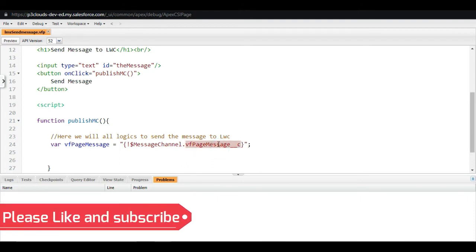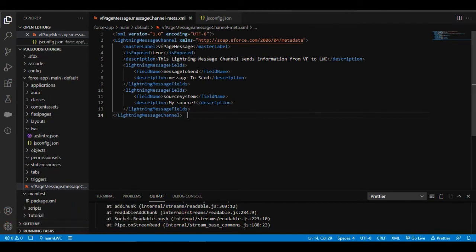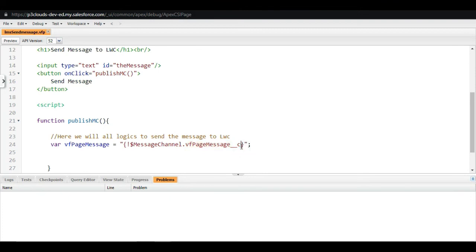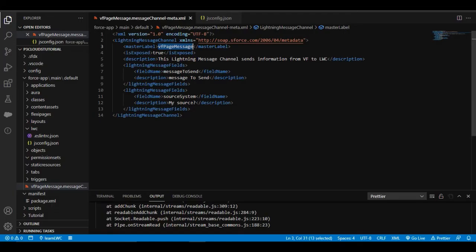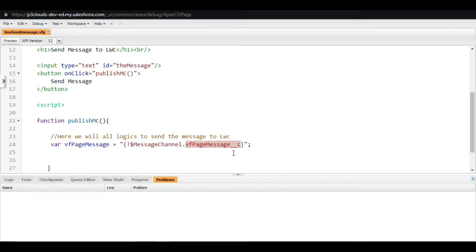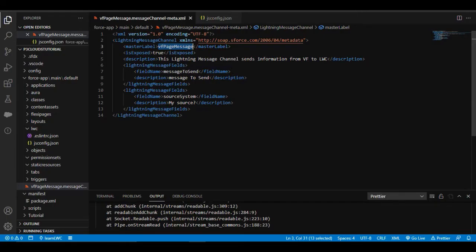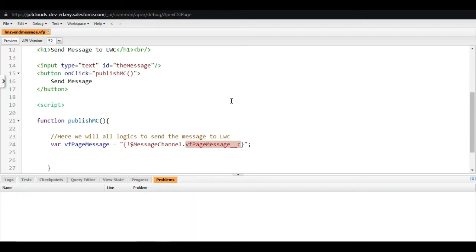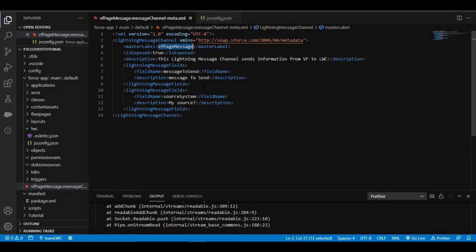So this VF page message is basically the name of our message channel. We have already defined it here. And don't confuse the __c. It's not a custom object, but we need to put this __c to identify the system, the name of the message channel. Okay, so till here everything is good.